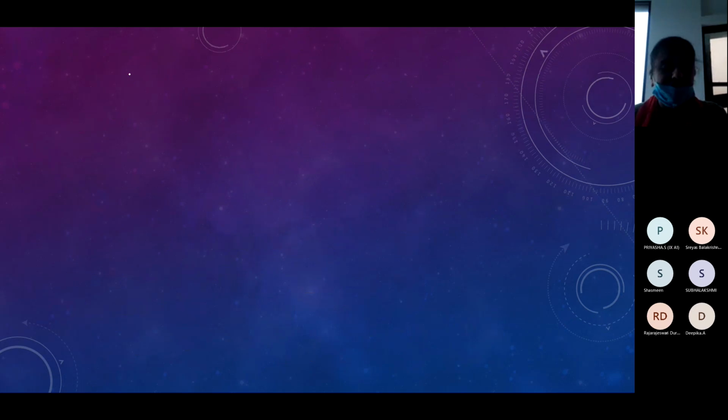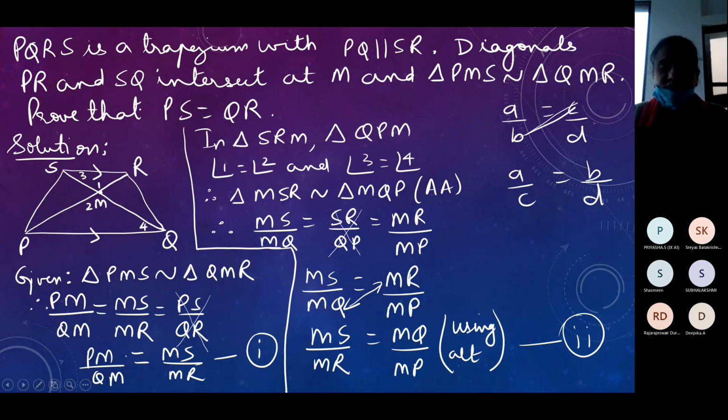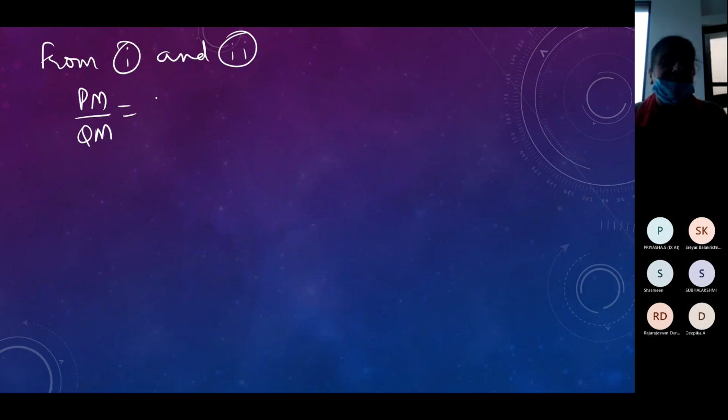So the new proportion is PM by QM, from 1 and 2. From 1 and 2, PM by QM is equal to MQ by MP. Cross multiply. PM and MP, both are the same. So PM square